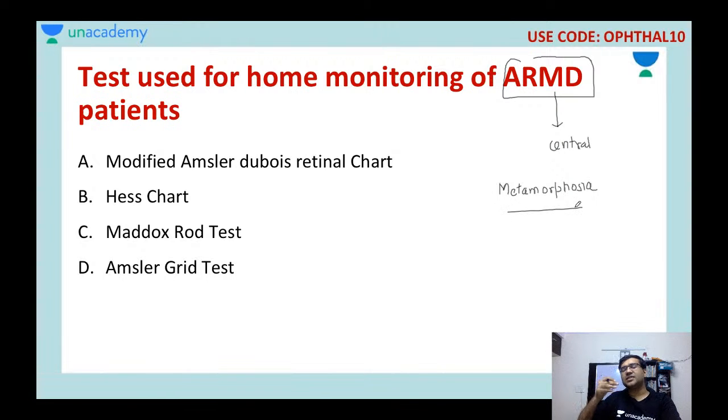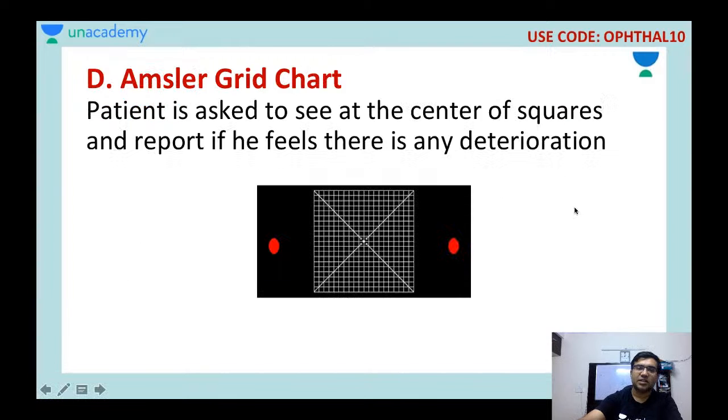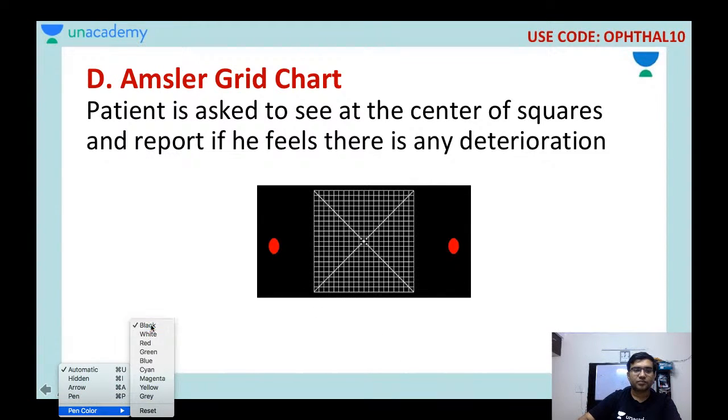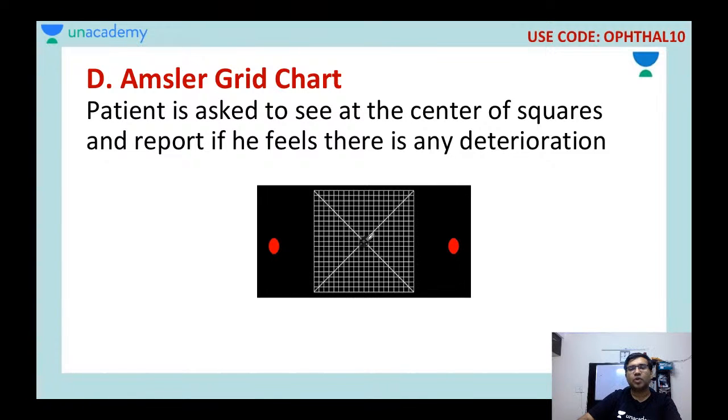Now, because these patients are old, it is very difficult for them to come again and again for follow-up. So we give them a chart, and if they notice any significant change in how they read this chart, they come back to us for a checkup. In the chart you can see there is a square and then some smaller squares. We tell the patient to look at the shape, the type and the number of the squares. If they get a scotoma, some area which they are not able to appreciate,